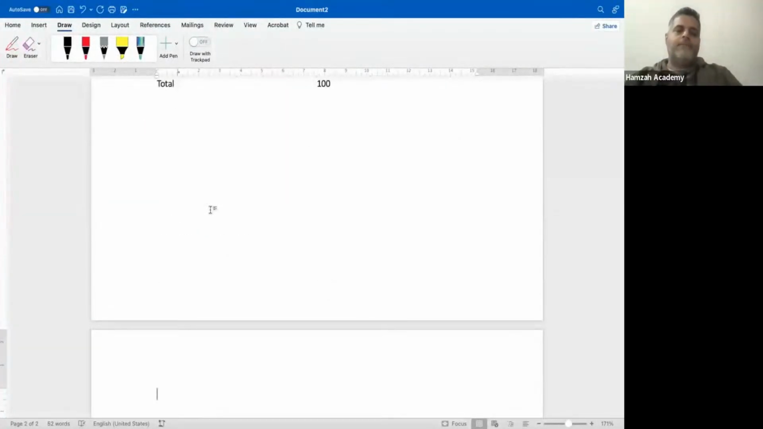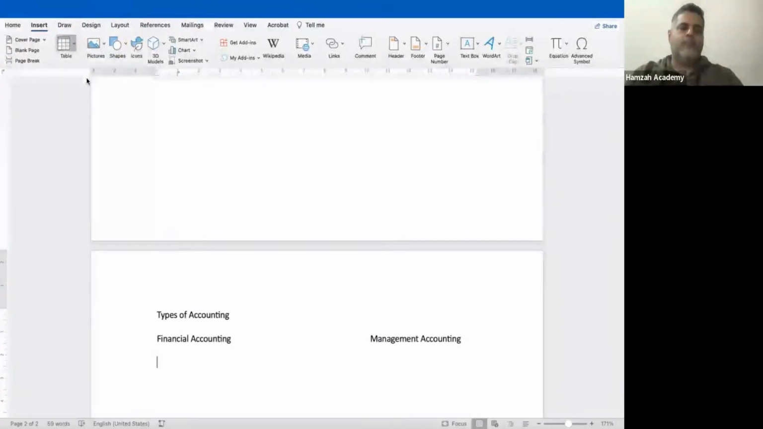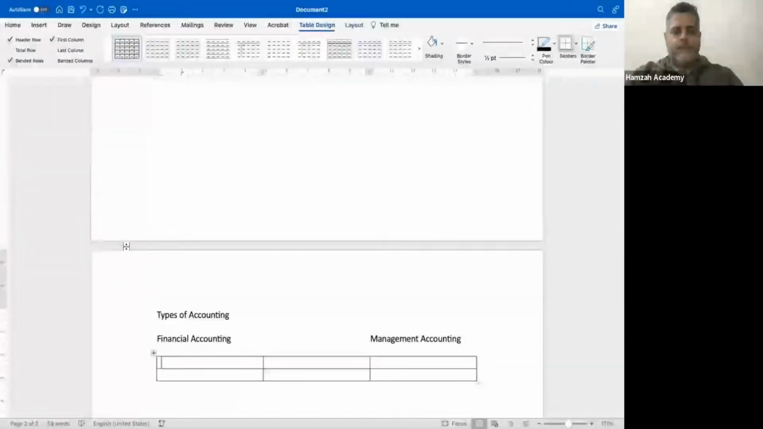Done? Now, if we move ahead from here and talk about the types of accounting. Types of accounting, we have one type called financial accounting, and one type called management accounting, right? We have these 2 types of accounting basically with us. Now, we can also segregate it like this,